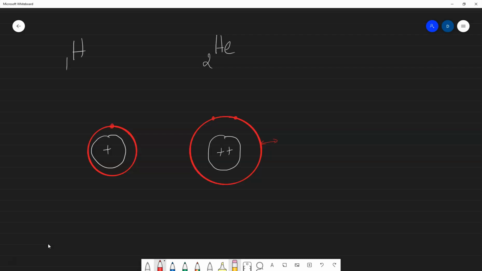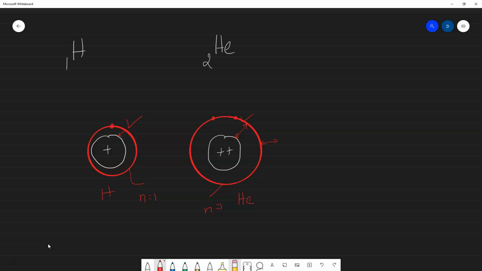See, both are shell number 1. This is also the first shell, this is also the first shell. So this is the first shell of hydrogen, this is the first shell of helium. So the first shell of helium is at a different distance from the nucleus when compared with hydrogen. Now what you have to understand here is,